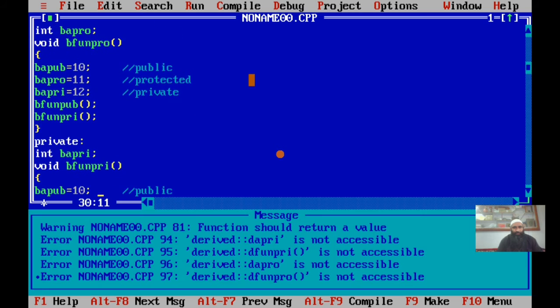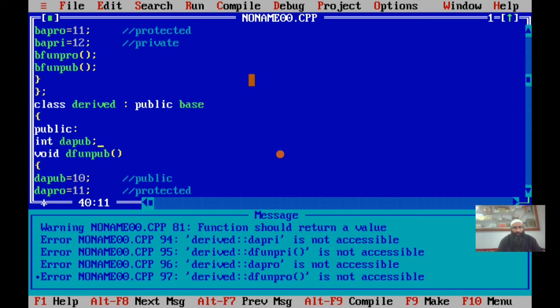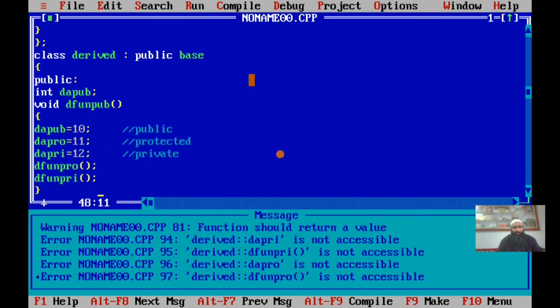Since it's a rule, once we inherit, it should become a member of the derived class. Once it's a member of the derived class, it is equivalent to saying that the definition of that function is present within the derived class. Now in public inheritance, as I told you, private members are not inherited, so they cannot be